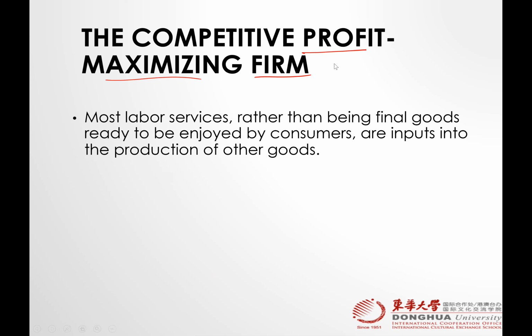Remember, most labor services, rather than being final goods ready to be consumed by the consumer, are input into the production of goods. Now let's talk about how a firm can maximize its profit through factors of production. Recall our discussion. What is the formula for profit? Profit is equal to